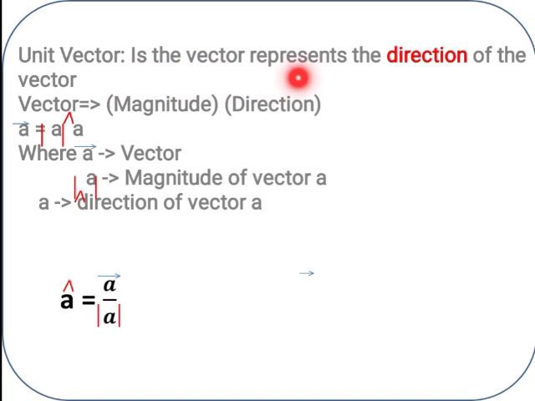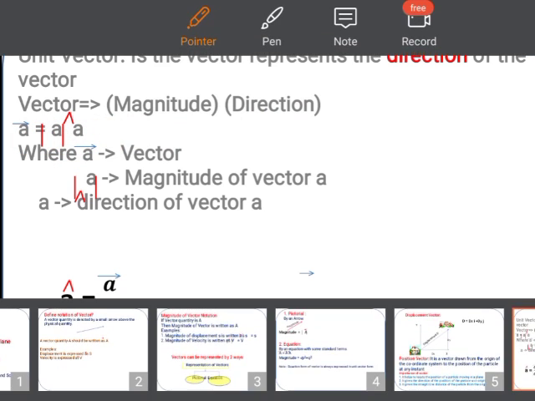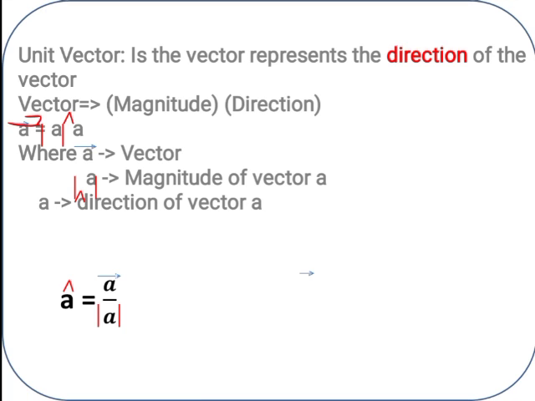Unit vector is the vector that represents the direction of the vector. This is very, very important. It shows what? Direction of the vector. So what is vector? We know vector is nothing but what? Magnitude and direction. Vector is nothing but having both magnitude and direction. Suppose A is a vector, okay,